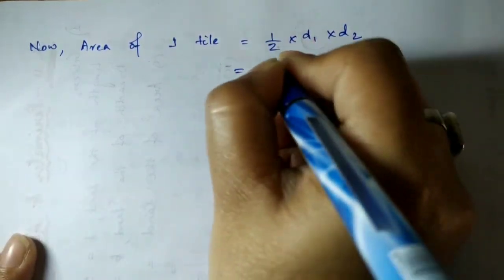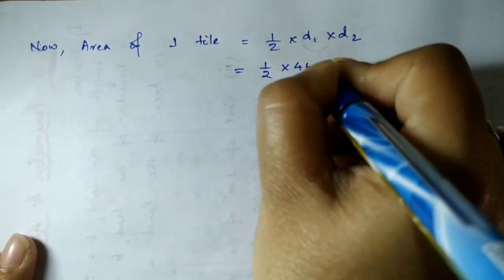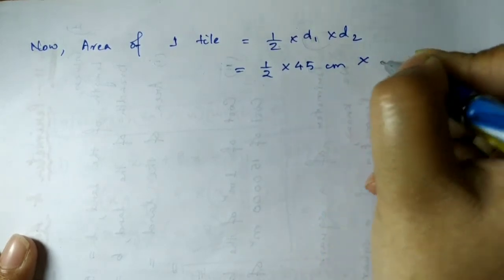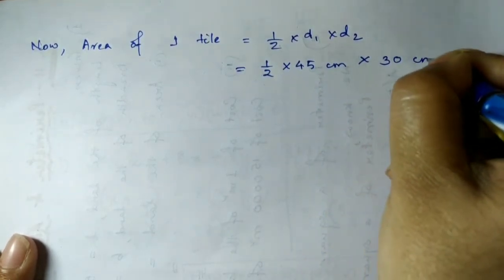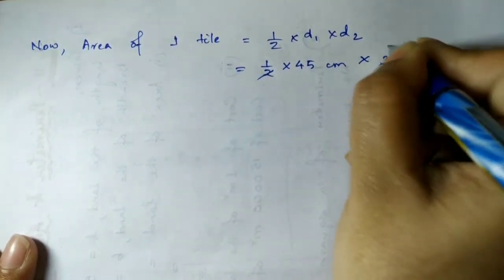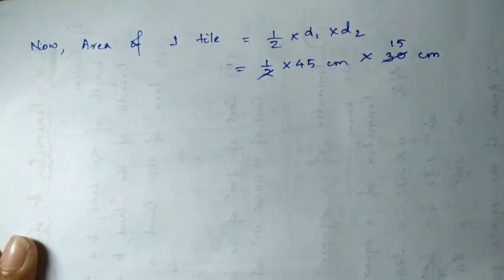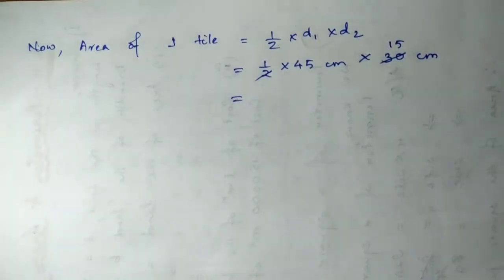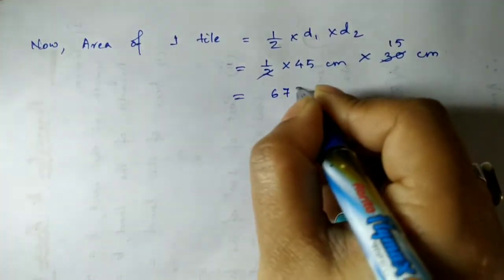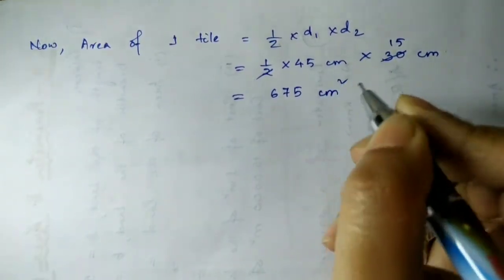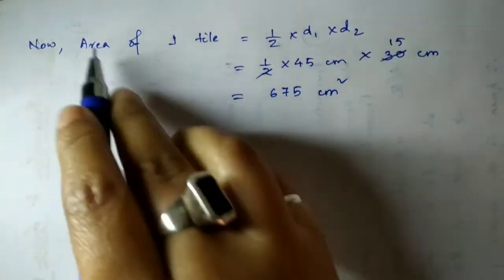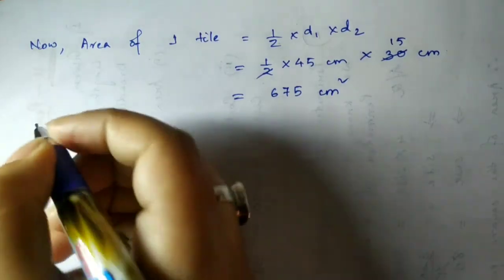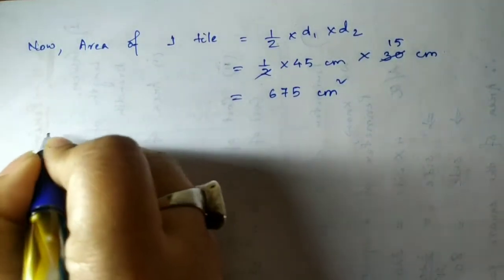So D1 is given as 45 centimeter and D2 is given as 30 centimeter. So let's see this. Okay, 45 into 15, so it will give me 675 centimeters square. Now this is the area of one tile. How many tiles are there? Total number of tiles is 3000. So therefore,